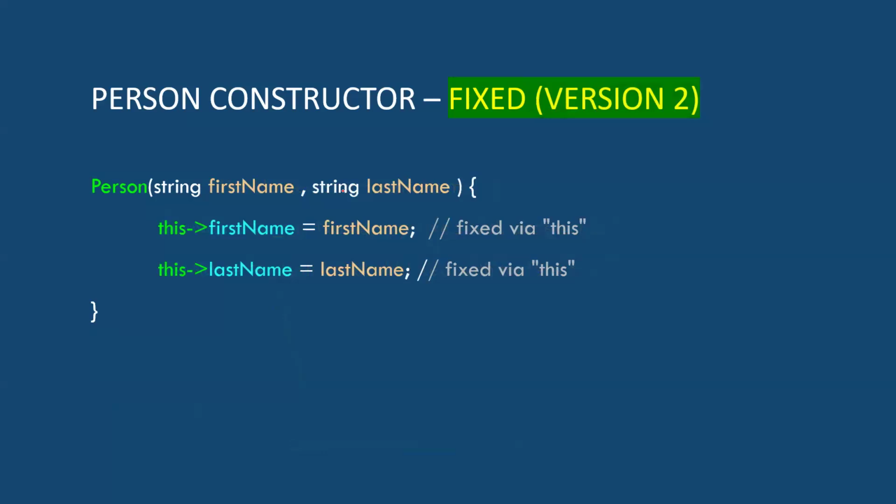We can also use this. So we'll talk about this in a little bit here, but a lot of us find this mysterious. It's like, if it's optional, why should I use it? Well, it clarifies what we're talking about in this particular case. Now C++ knows we're talking about the data member inside of this instance that we're building. So our robot is actively building this instance. So this is short for the current instance the constructor is working on. So fix this data member to be that. So that's one way to get around that particular problem.